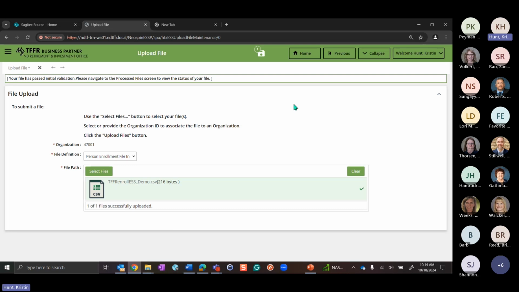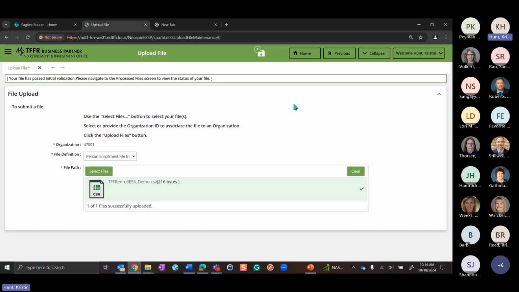Bear with me, I'm trying to figure out how to say this. What the system is doing is taking that file and validating it. It's validating the actual file. You can see here this is a CSV file. If it was a PDF, it would probably reject it and say that's not the right format. You don't have the right lines, numbers, whatever. Something in here is not right, and it just immediately rejects it.